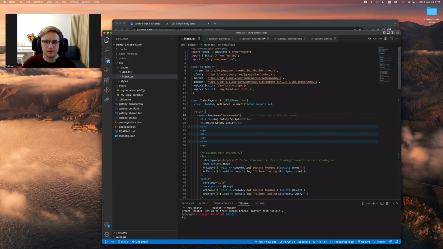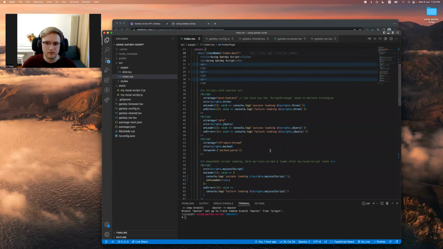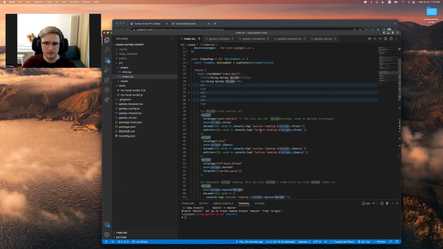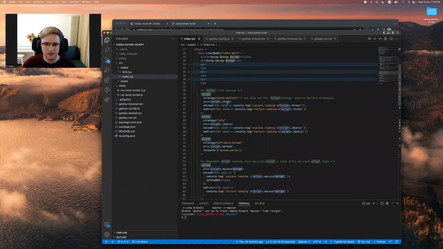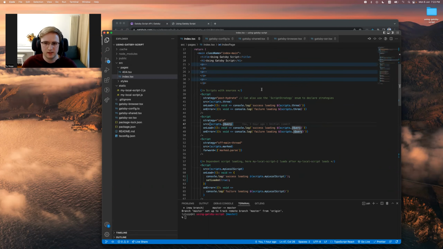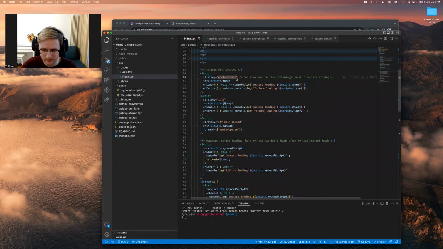And this is an example project which you can find in the Gatsby monorepo using Gatsby script. And so we've done the same thing that we've done in the reference documentation. We've imported script from Gatsby, and we've defined some scripts here. We have 3, jQuery, and marked, and I have them up here. These are URLs. So one interesting thing that I'll mention briefly is that you can also use the script strategy enum if you would like, instead of defining the strategy as a string literal. So what you do,